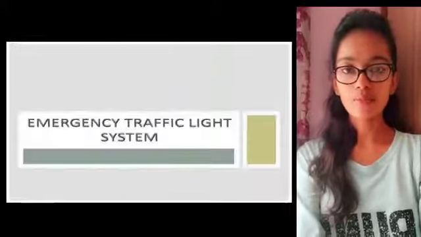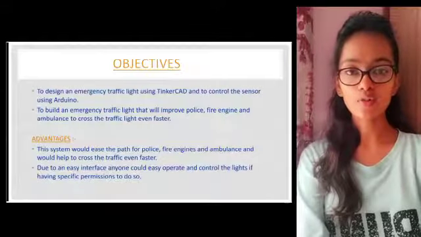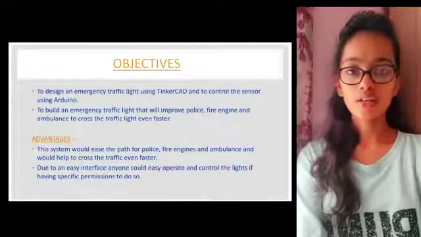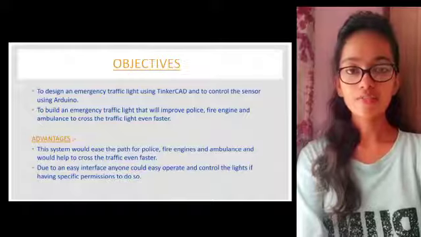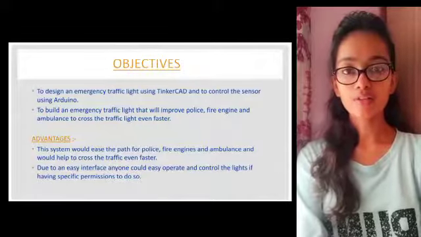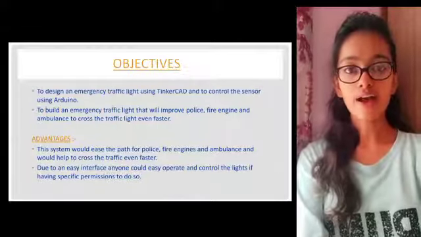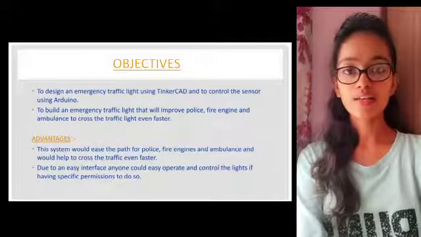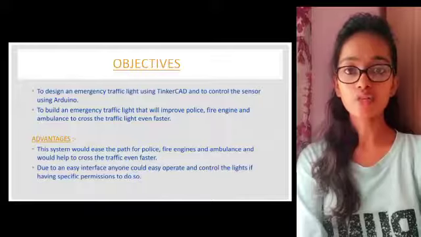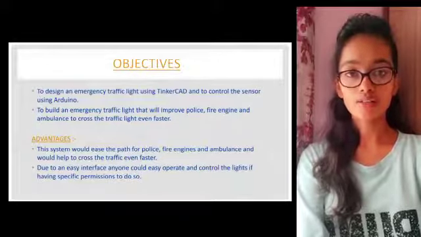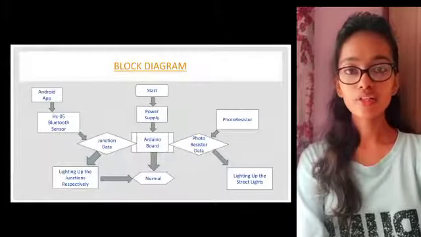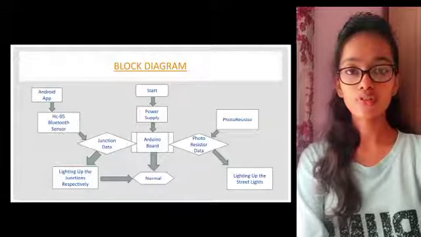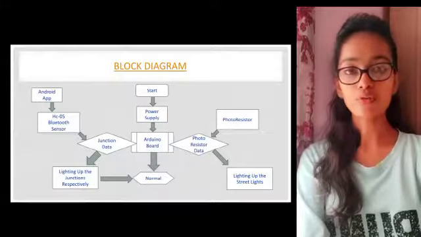Our project is Emergency Traffic Light System and the main objective of our project is to create a traffic signal system which would help emergency vehicles like ambulances, fire trucks, police vans, etc. to move more easily towards their destination and reduce chaos, using a simple IoT system. Now Pranit will show the working and coding of this project, and I would ask Pranit to tell us about the same.